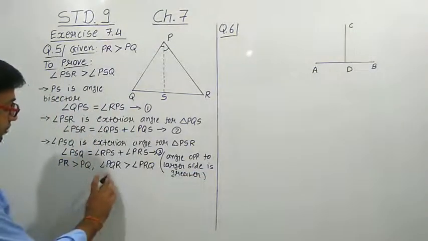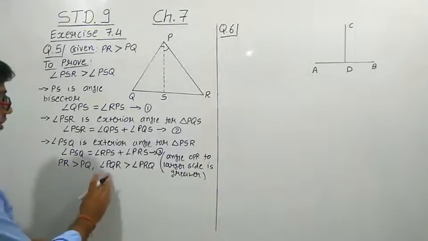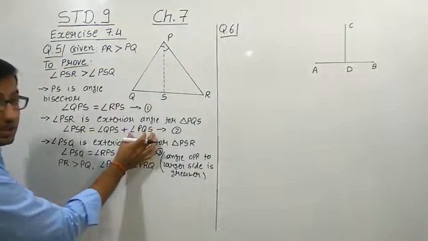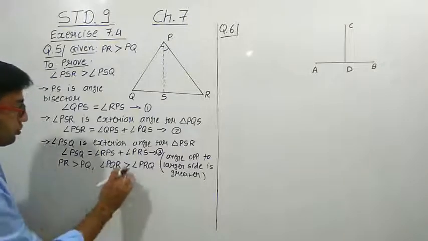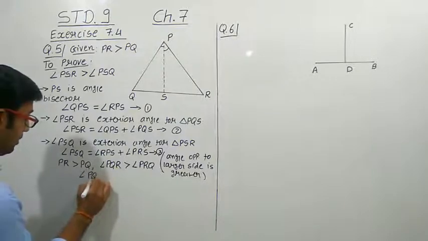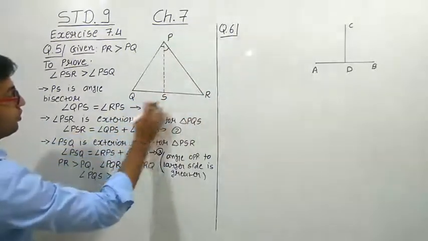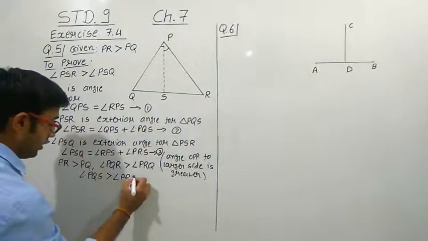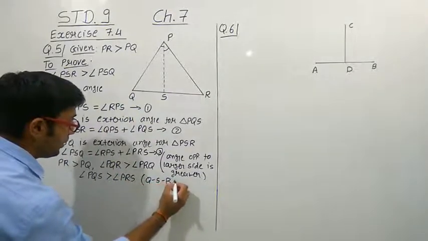Okay. So here PQR is greater than PRQ. But we can write PQR as PQS, because PQS is the angle that we will have to use. So instead of this, we can write angle PQS. In the same way, this PRQ we can write as angle PRS, that you now know very well because Q, S and R are collinear. Call this equation number 3.